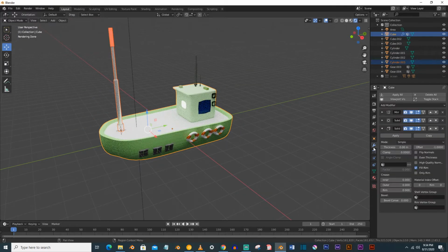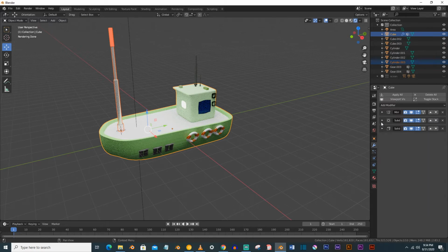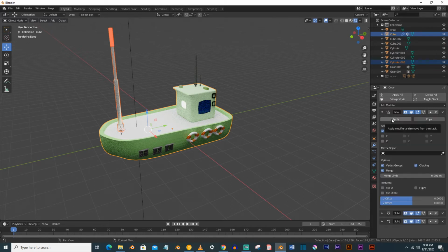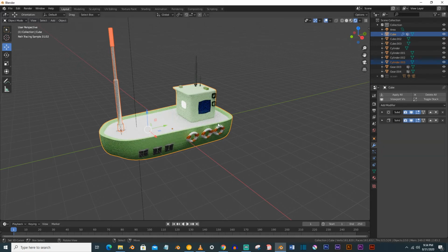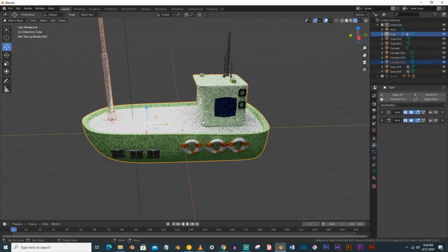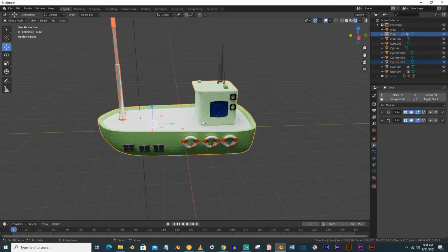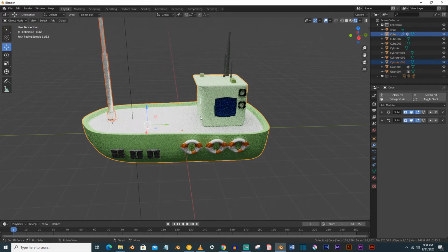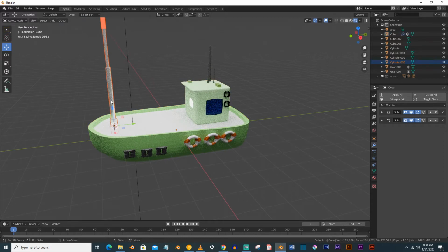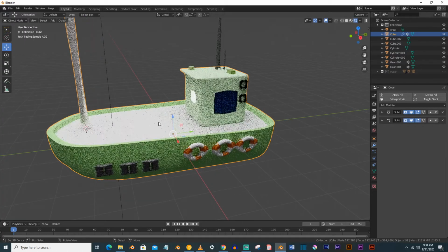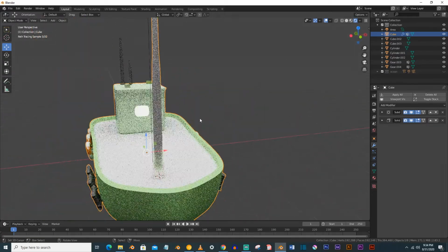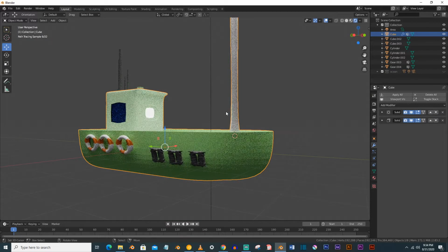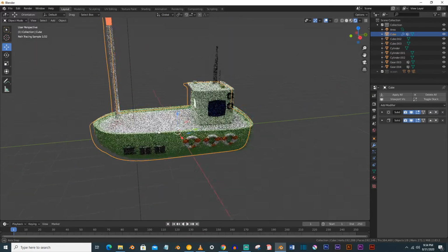And first you have to apply the mirror modifier here. You can apply like this. Now what you have to do, you can now just quickly select this and this, Control J. I think we made a mistake here.